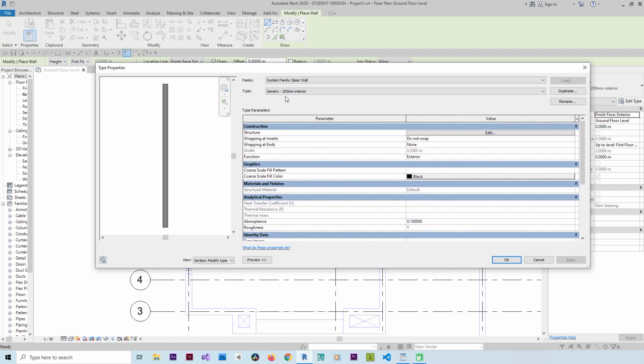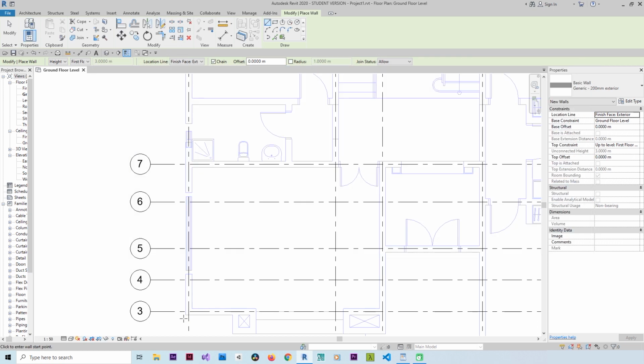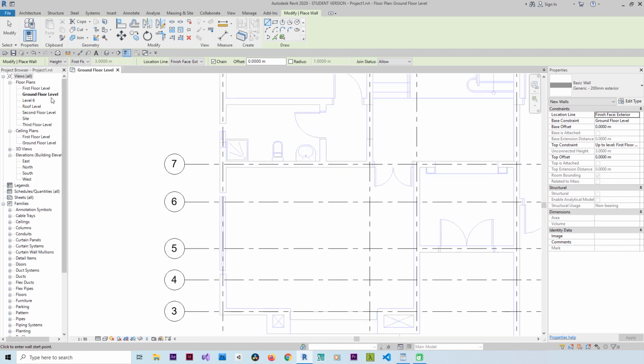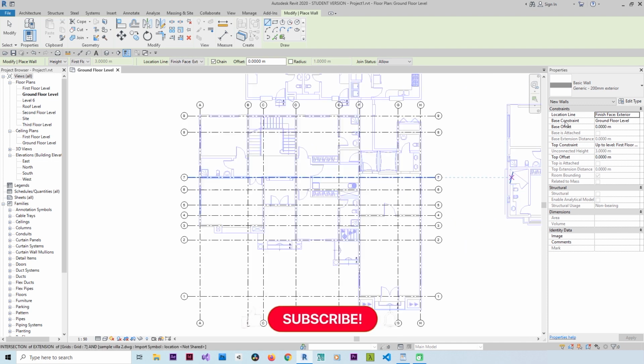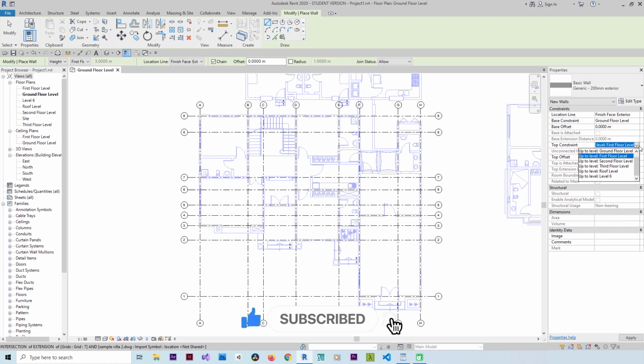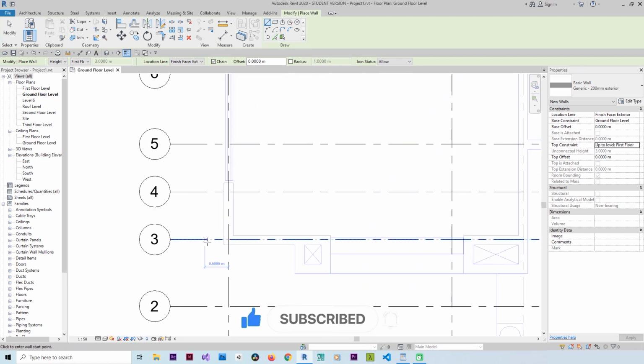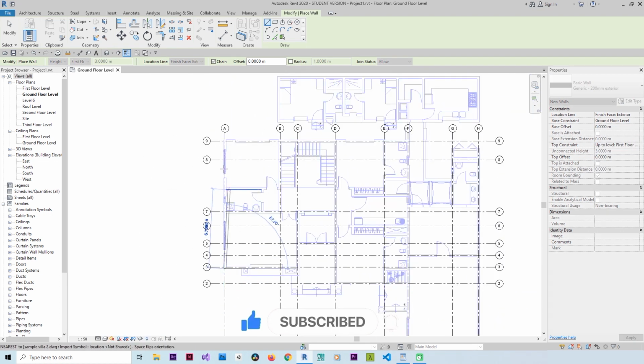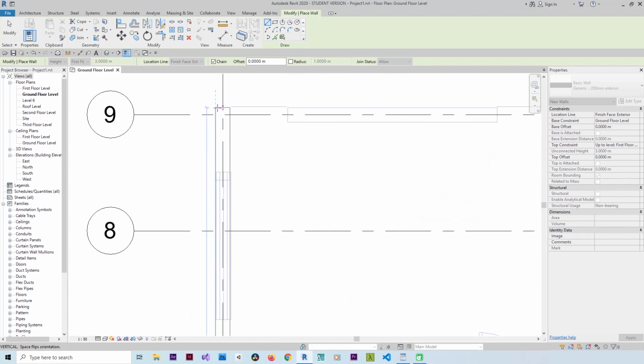Generic 200 millimeter interior, but I will duplicate it to make exterior style. And start drawing. I will start with the ground floor. My base constraint at ground floor and top constraint to first floor. And I will start from this point to make the first